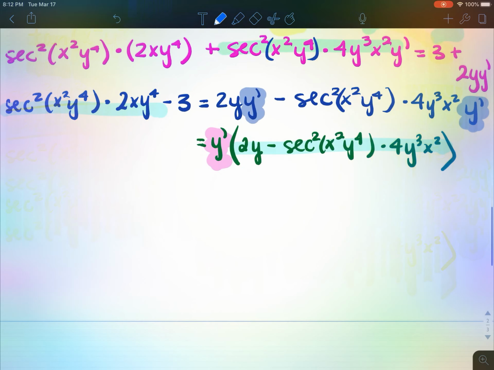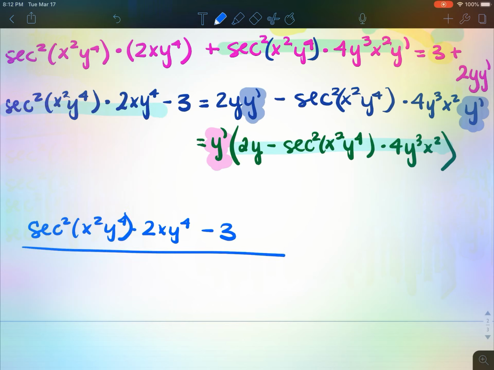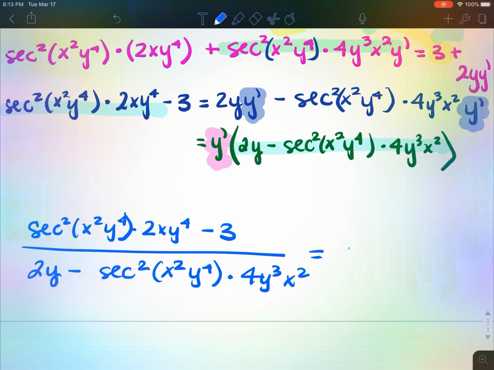So the final answer is secant squared x squared y to the fourth times 2x y to the fourth minus 3, put some parentheses in here where they belong, over 2y minus secant squared x squared y to the fourth times 4y cubed x squared equals y prime. Hope that